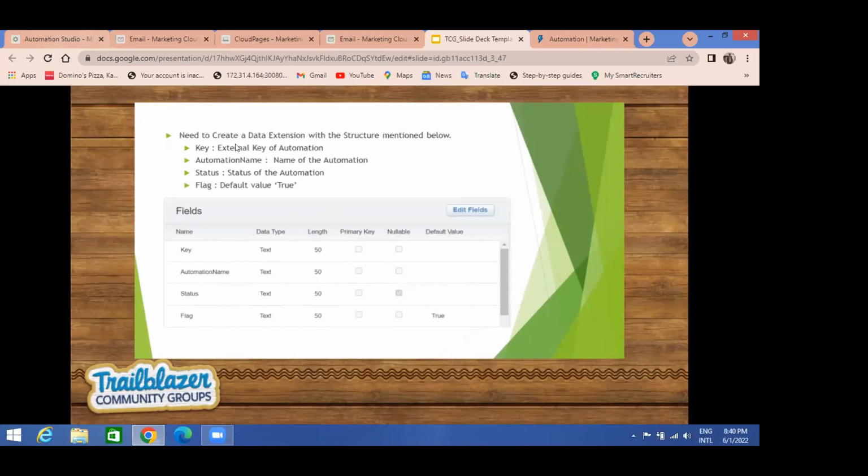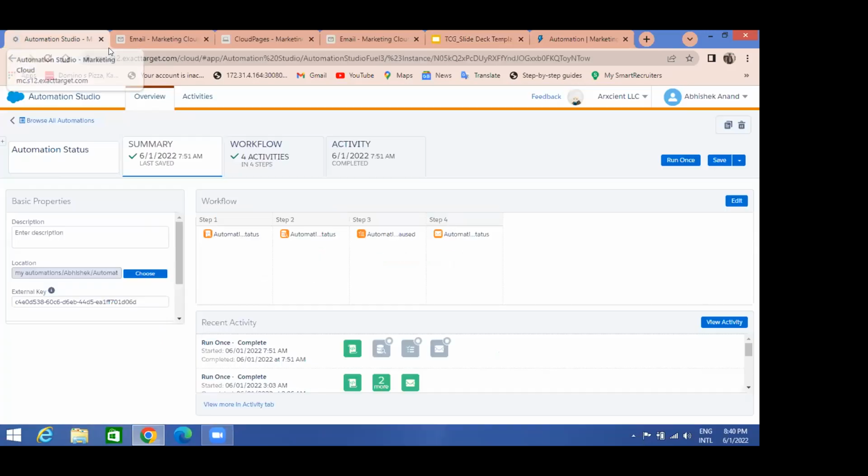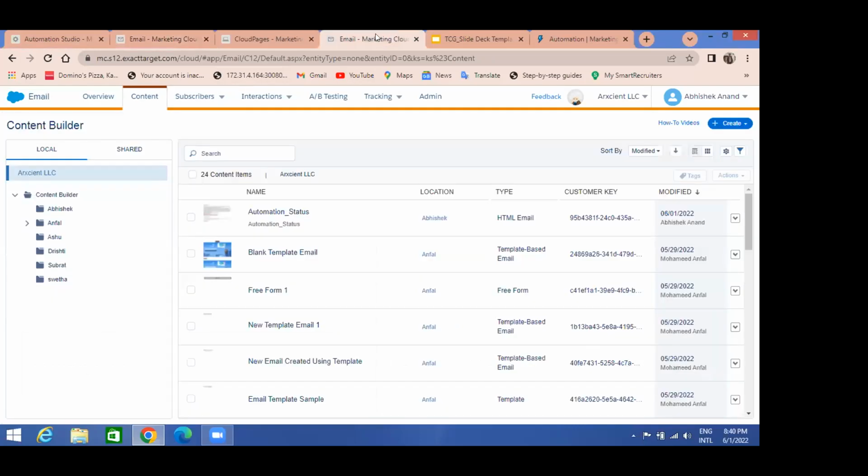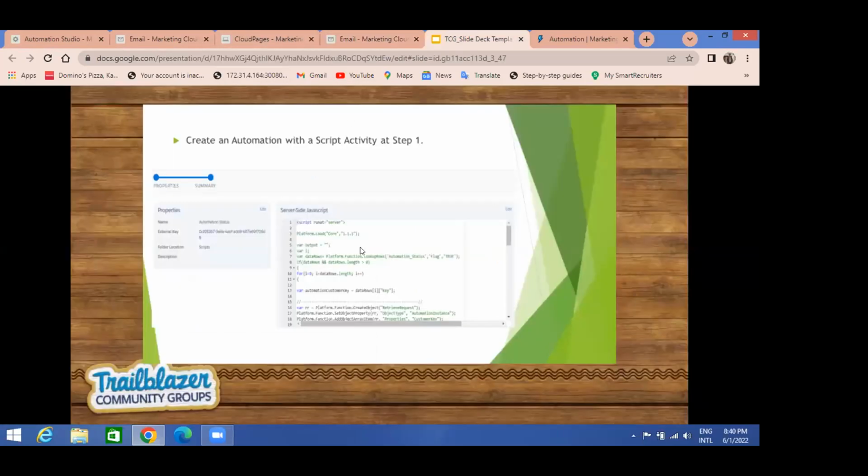Now let's go to one of the data extensions. So yeah, this is the data extension which I have used. Okay, and this is the key, automation name, and status, and the flag. Okay. So yeah, the first step is to create the structure for the data extension, and the next step is